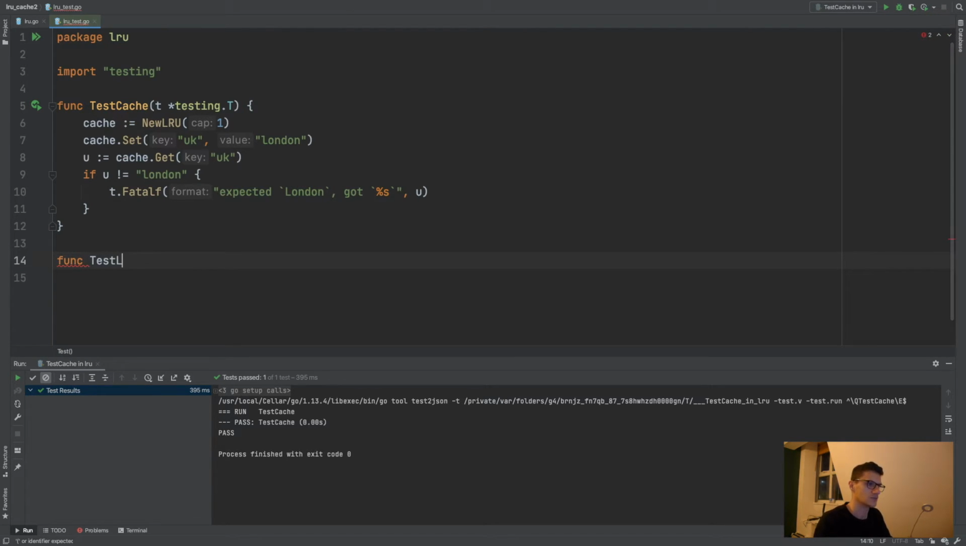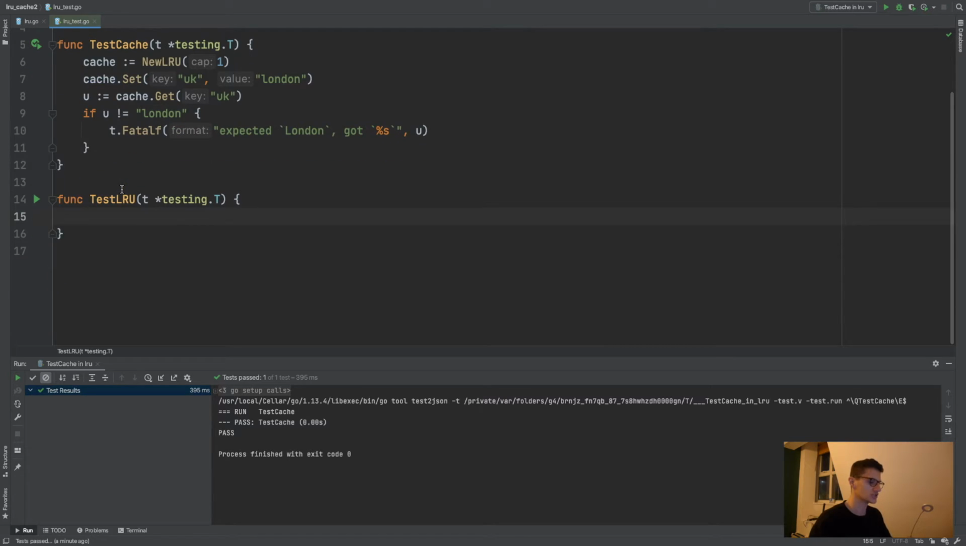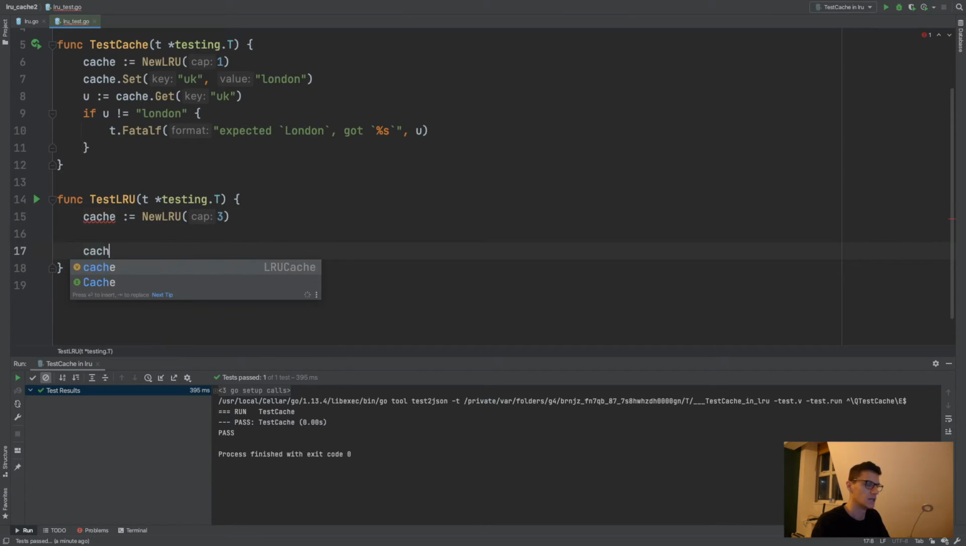But let's write now some tests for the LRU. Testing.t here. And just write some tests for the behavior we want to see so that we can then test that we've achieved everything, okay? So the first thing we want to do is LRU, and this time we're going to have a cap of 3, okay? So we're going to allow 3 in there at any one time. And we're going to call cache set